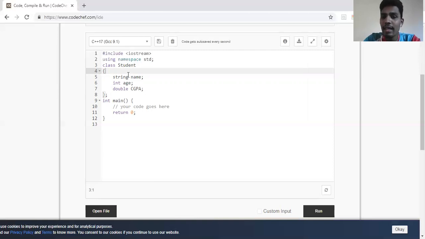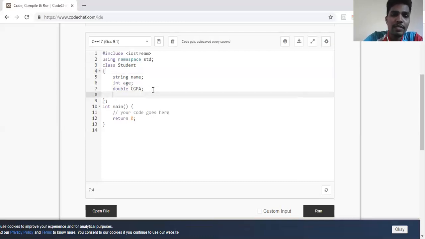We also have another access specifier called protected, which comes into play in case of inheritance, where a child class can have access to the parent class attributes, but the outside world does not have access to it. Such attributes we can keep as protected, where only the child class and the class itself can have access to its attributes.